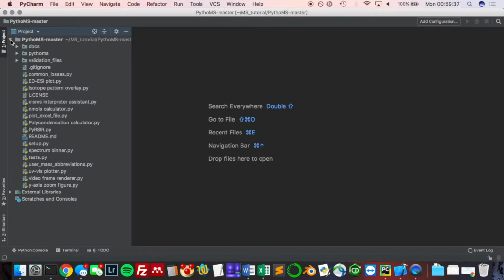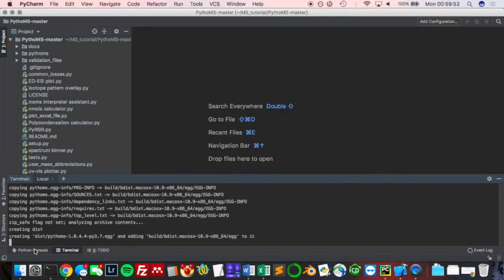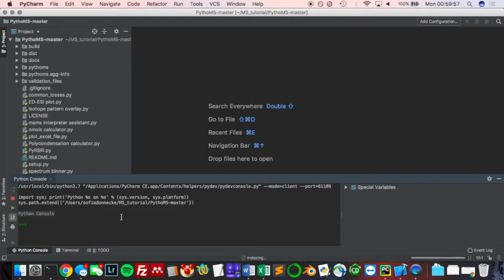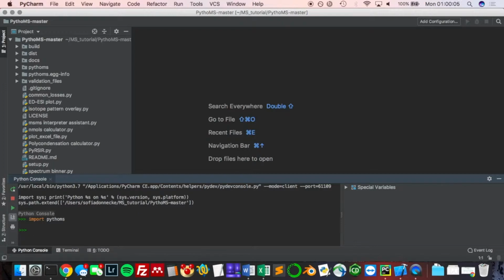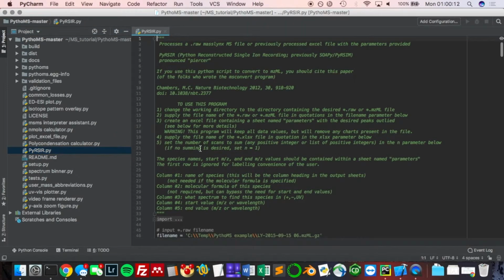Great. Alright, so to get running, you're going to first need to go into the terminal and hit python setup.py install or python3 setup.py install. If no errors occur, that's good. And then in Python, you're going to import PythoMS. Okay. So now you can go ahead and navigate to pyrsir.py, and